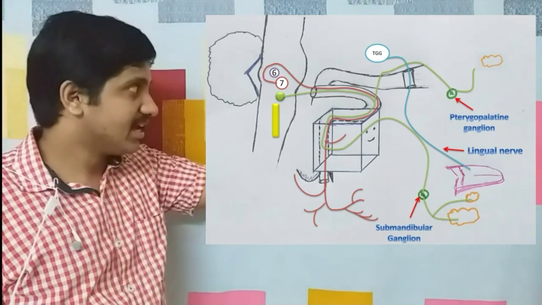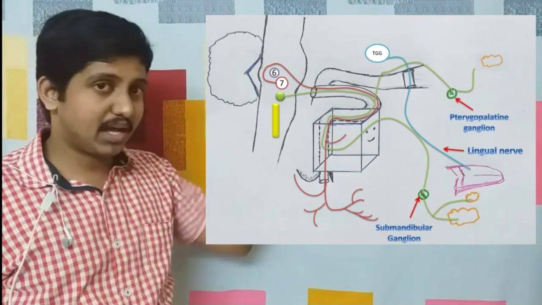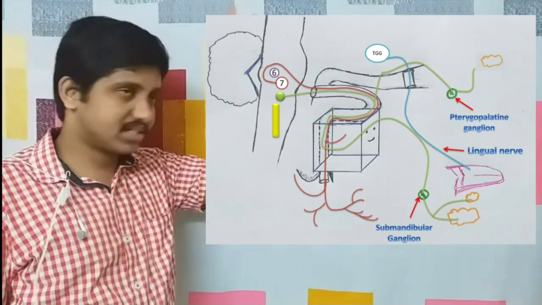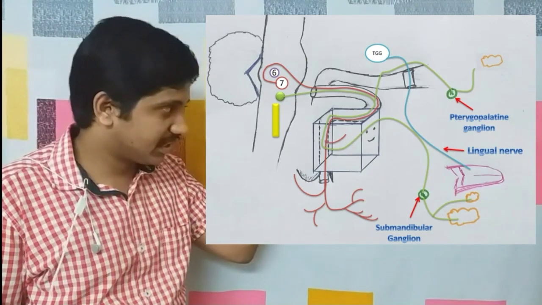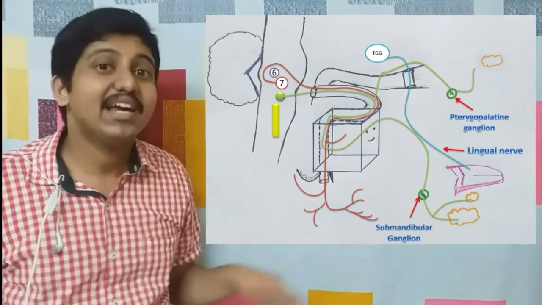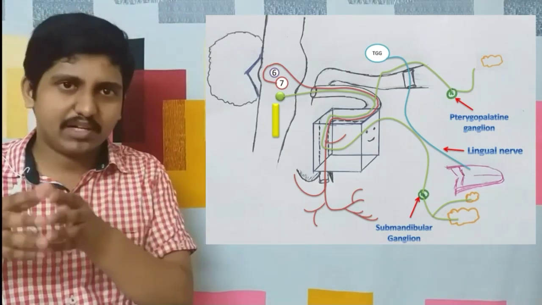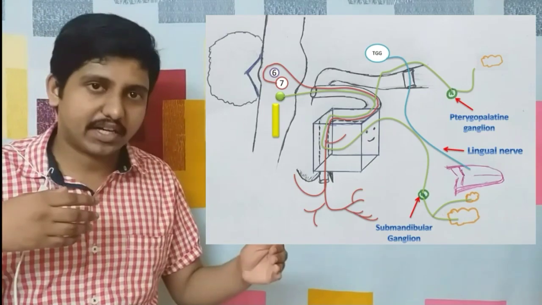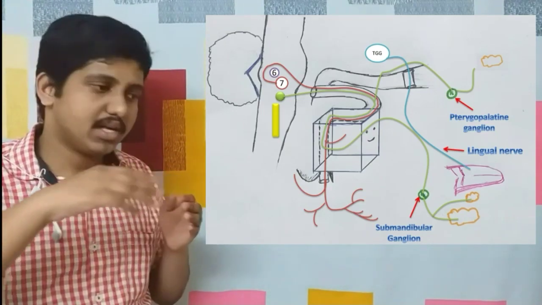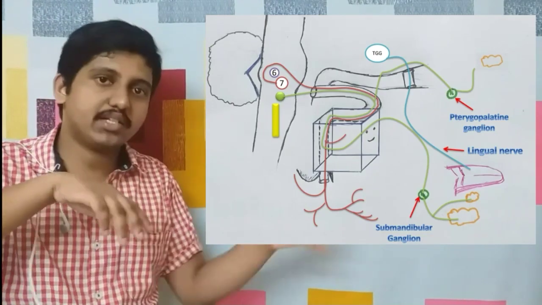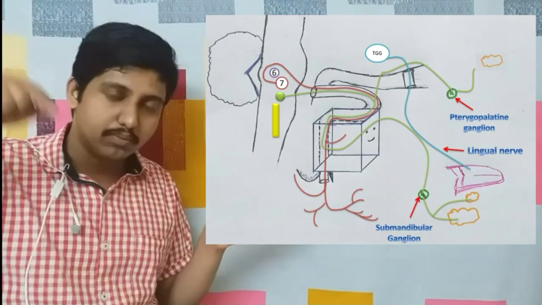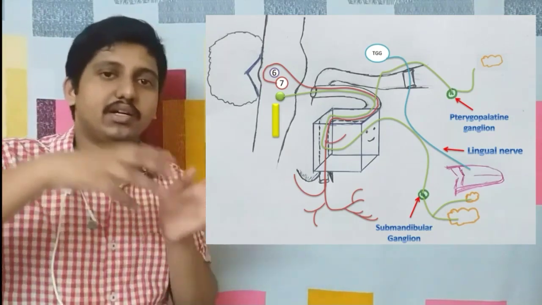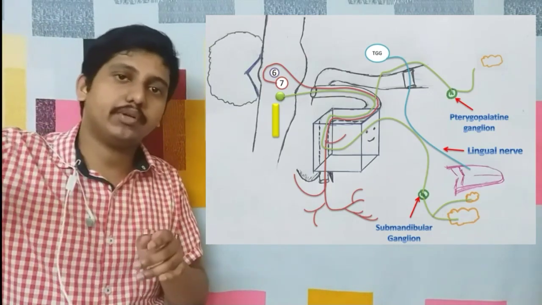I have told you that the lingual nerve comes from the mandibular nerve, the division of the mandibular nerve, which is from the trigeminal ganglion. So it goes along with this lingual nerve, just like a link express. For example, link trains are very small trains, so for half of the trip it goes as a part of some other major train, then the major train goes in another direction, and this link train has to go in another direction to its particular destination. For that, it links with another major train which is going to its destination.